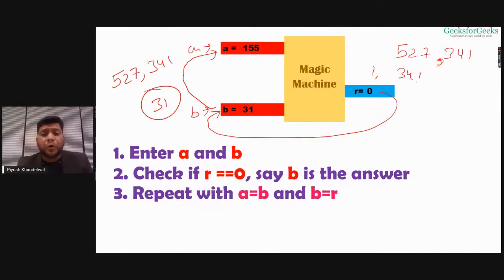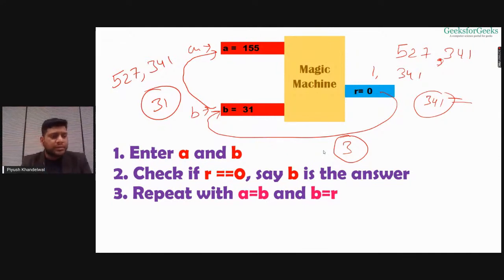So I would have performed 341 divisions, right? But here, in 3 steps I'm getting the answer. My loop is going 3 times only. Here the loop would go 341 times, and here the loop goes only 3 times, and after 3 times it gives me the answer. So you might have seen how much effort this magic machine has reduced.